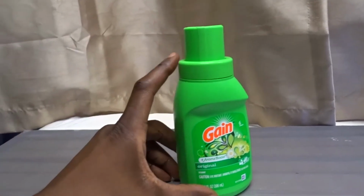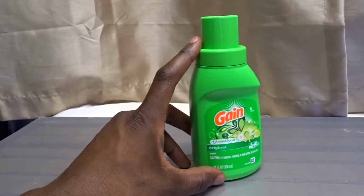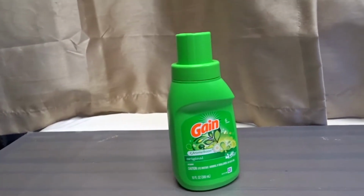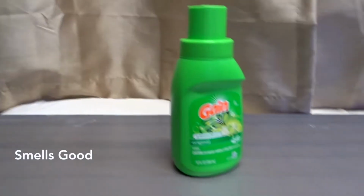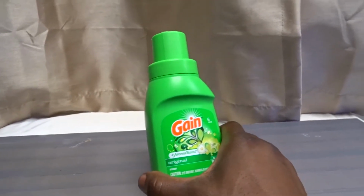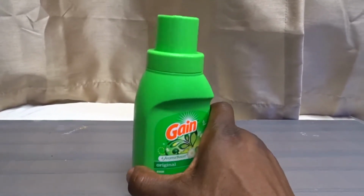Now, this size is good for 6 loads. The manufacturer advises 6 loads for this. It's 10 ounces, 306 mils of Gain. It makes your clothes smell very good. But what I suggest is that when using this, because it's not the best detergent, and this is suggested for 6 loads for a small bottle,